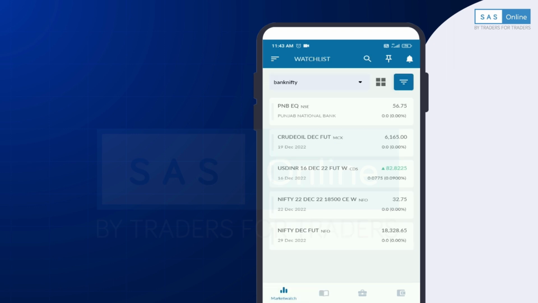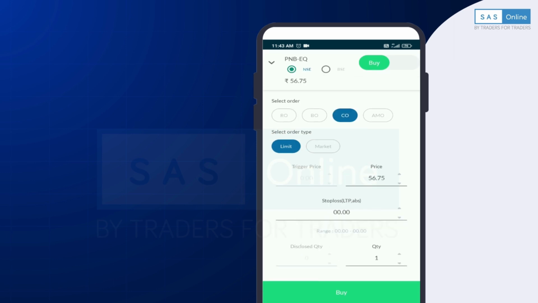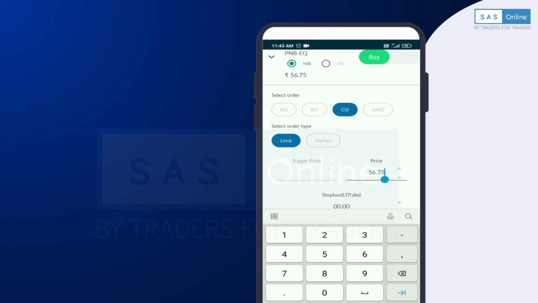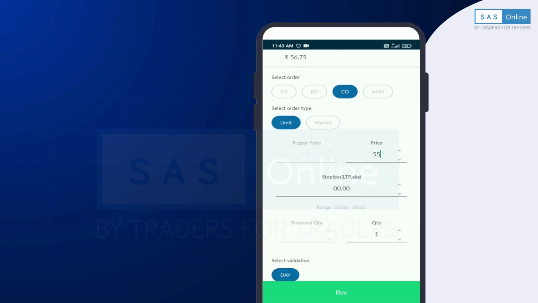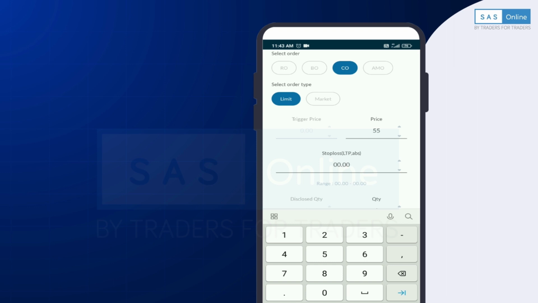Okay, now we will talk about the cover order. Cover order is also an intraday product, okay, in which you can place up to 2 orders simultaneously. First order is for the buy, second one is for the stop loss. Like if you want to buy the share at rupees 55, okay, then you have to give the stop loss between the given range below. Like you can see there is an option of range there.